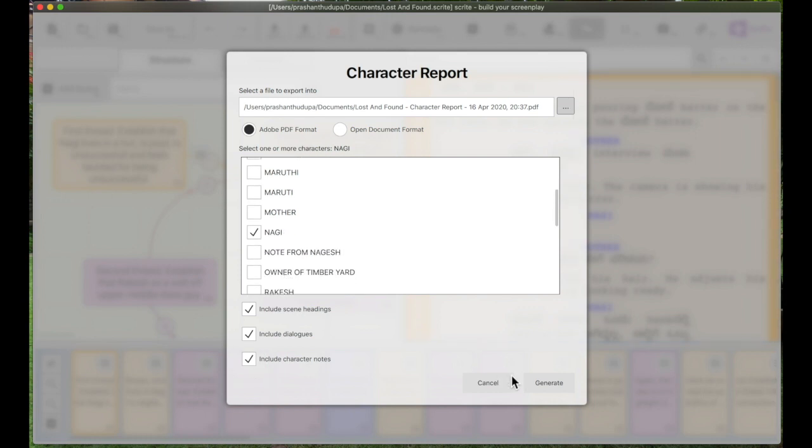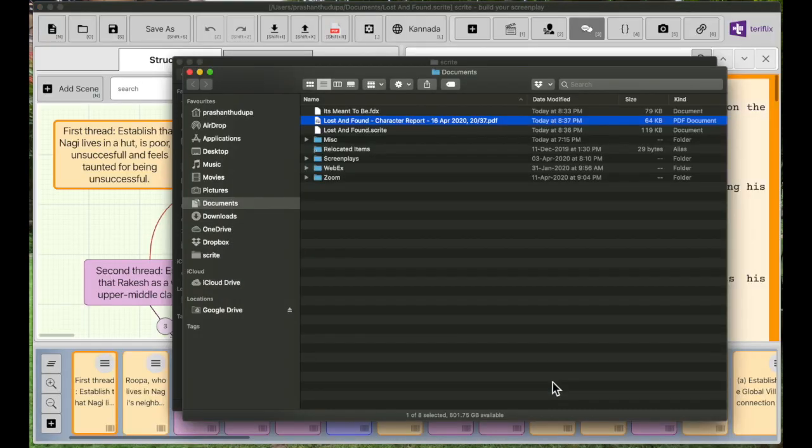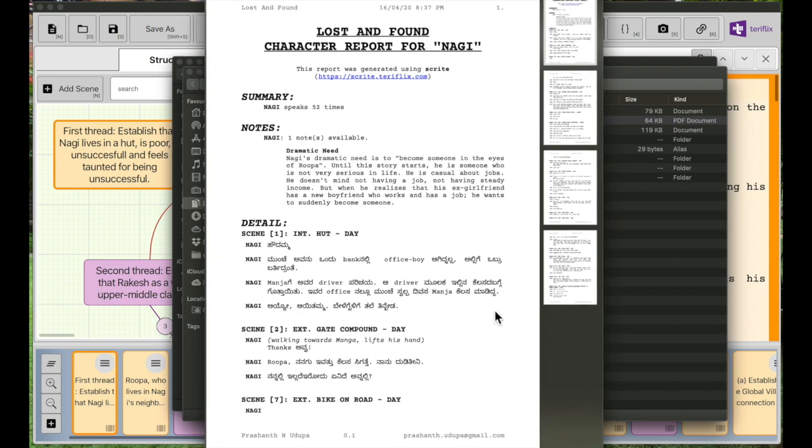So I can just select Nagi and then say I want all the dialogues of Nagi, all the scenes in which Nagi's dialogue show up, and also I want any notes that I have written about Nagi to show up in my character report. So now we can go ahead and say generate, and it's going to generate this character report for me